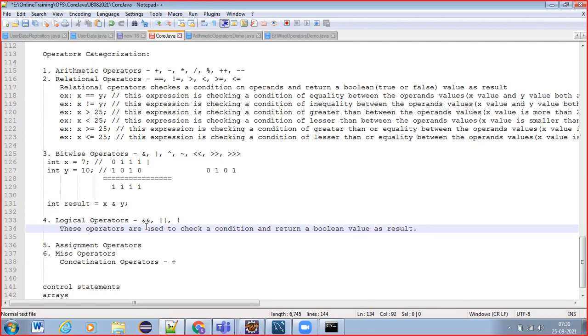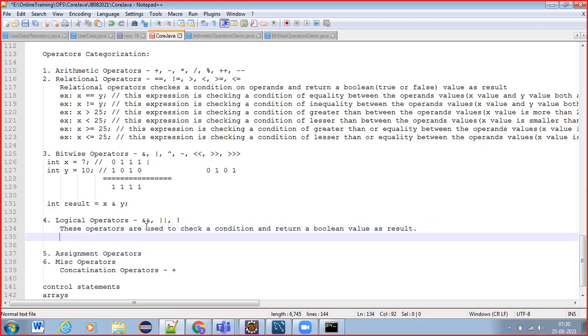So these logical operators we generally use in condition statements in our programs.